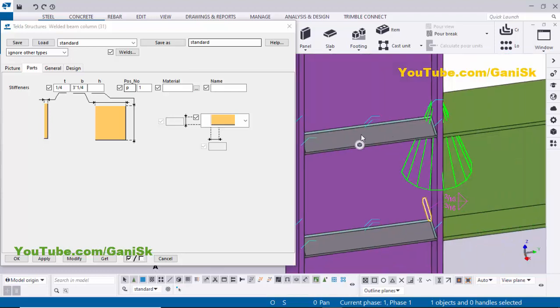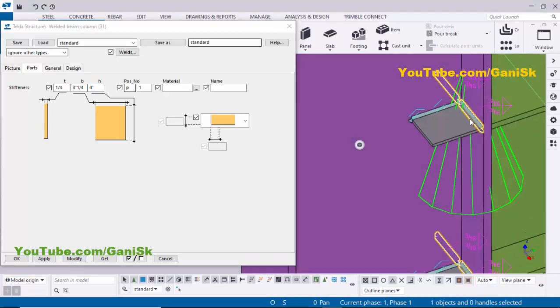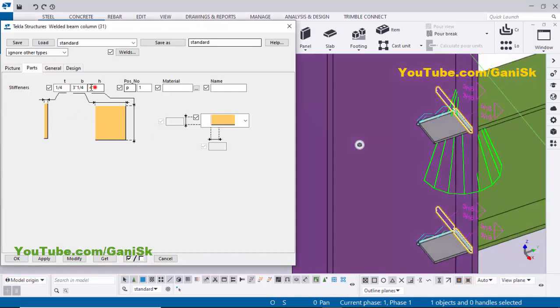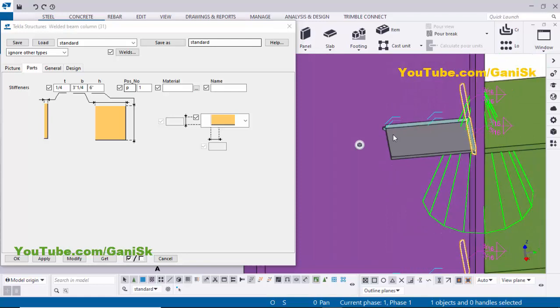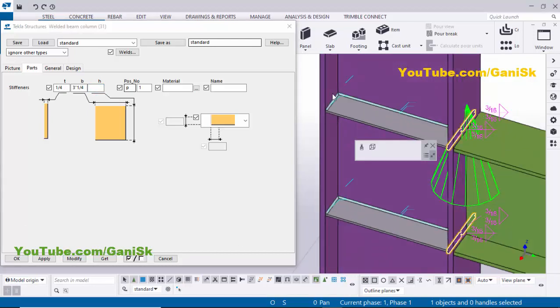For example, if your stiffener starts from the edge of this flange up to the middle or some specified length, then you need to enter it here. Let's take 4 inch. Then click on modify. You can see now I have the stiffener from the edge of this inside flange up to here with the specified length of 4 inch. If you want to increase, you can increase from here. Let's take 6 inch. Then click on modify. You'll get it like this. By default, we will take up to the edge of these two inside flanges. So remove this dimension. Now click on modify. You will get it like this.